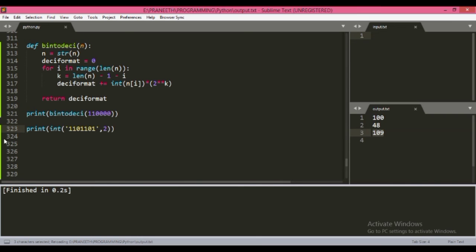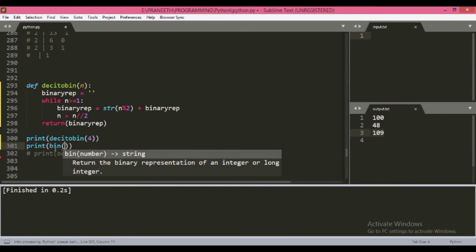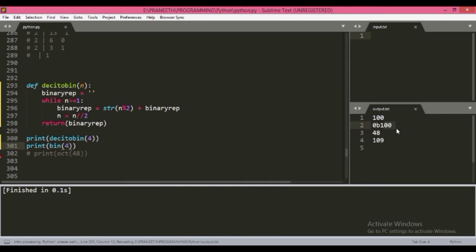So basically, while converting from decimal to binary, we use a function bin. So print bin of 4. So here it gives us the value in the 0b format. So to extract this, we can write bin of, then bracket 2 colon. This is the slicing operator we learned before. You can check it out in the I button here. So here you got the 100. I took the digits after the second position. So now we only got 100.